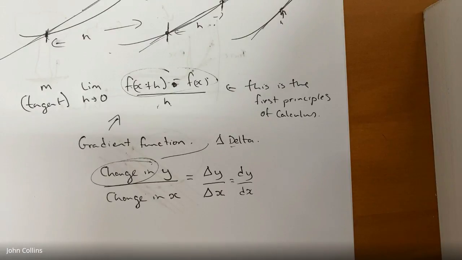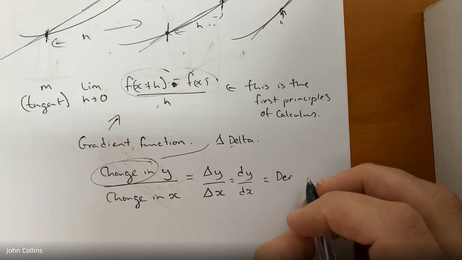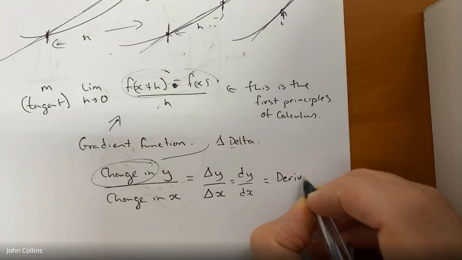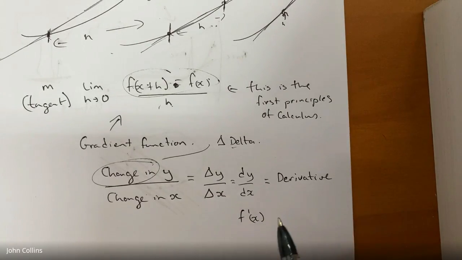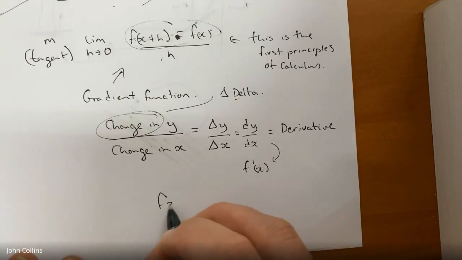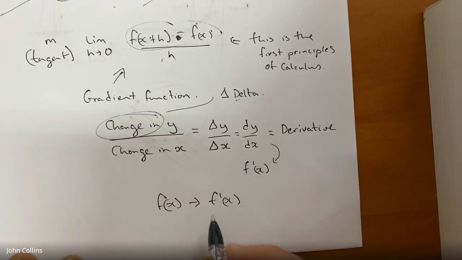We just use dy dx, which is also called the derivative because it's derived from another function. Another way of writing that is f dash x, of course. If the function is f(x), you would write the derivative or the gradient function as f dash x. So there's a couple of ways, and I'm sure you came across this. So if the function is written f(x), you usually would write the derivative function as f dash x, or if